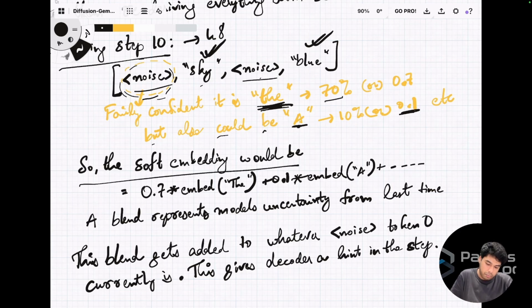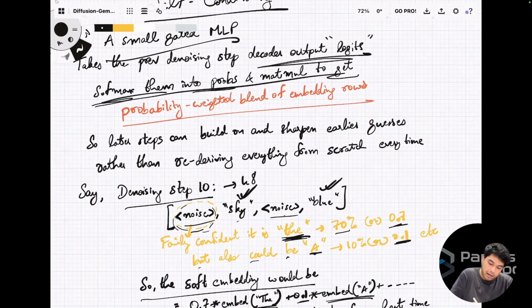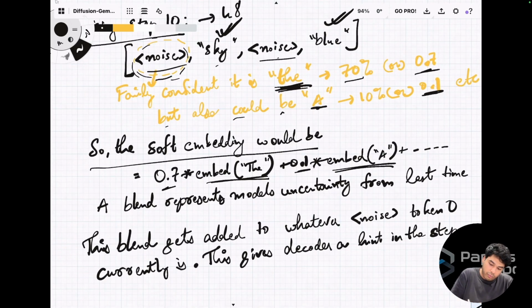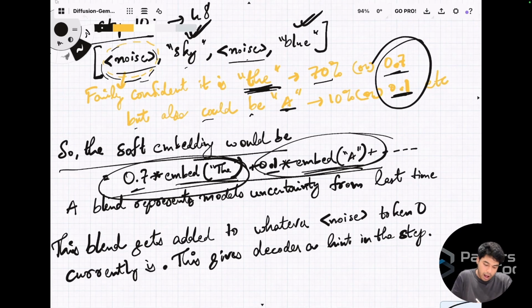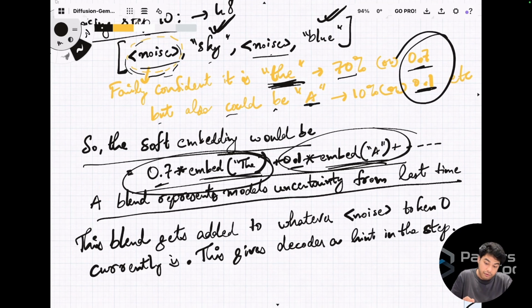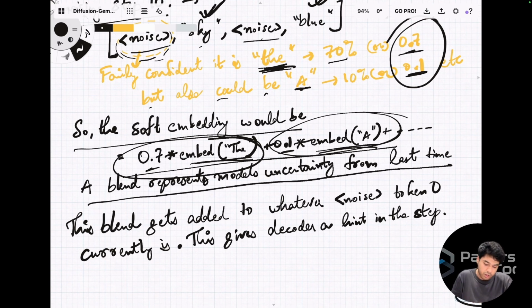The soft embedding would be 0.7 multiplied by the embedding of "is", added with 0.1 multiplied by the embedding of "a". How it works is, we softmax them into probabilities and matmul them to get the probability-weighted blend of the embedding rows. So we softmax to get these, and then we multiply that with the embedding and add all of them together to get a blend that represents model uncertainty from the last denoising step. This blend gets added to whatever noise token 0 currently is, and then is given to the decoder as a hint